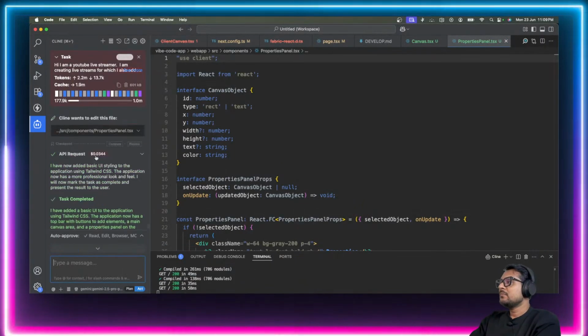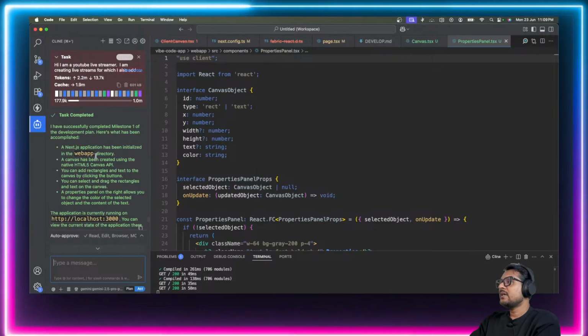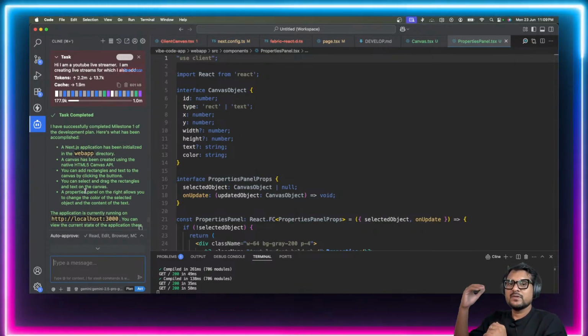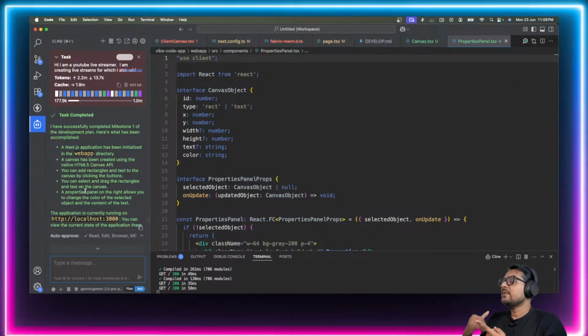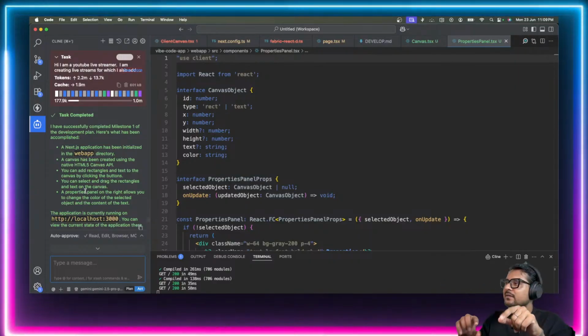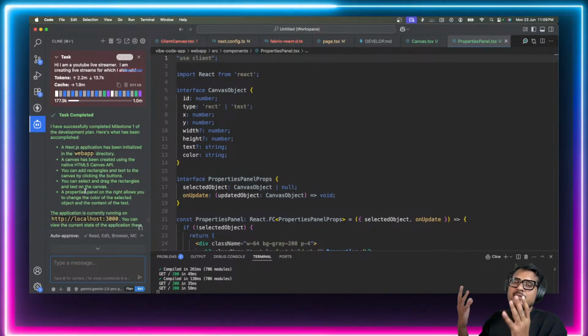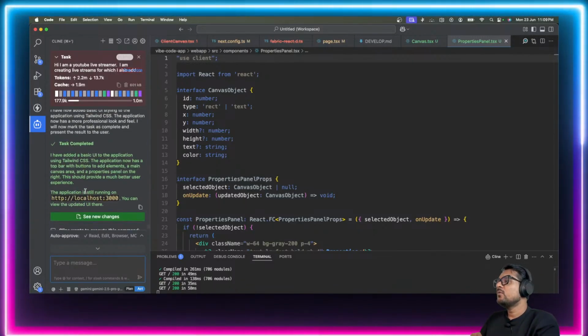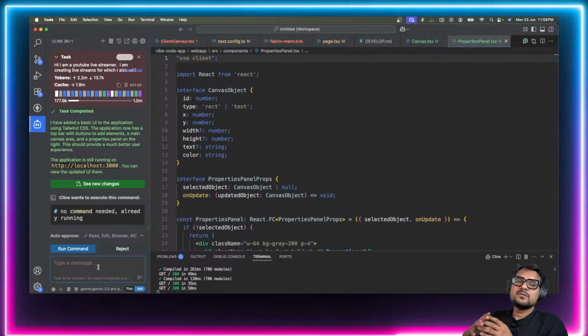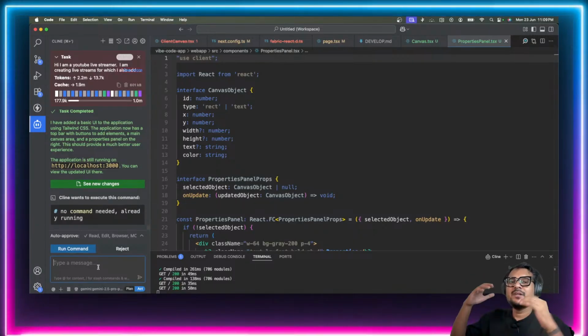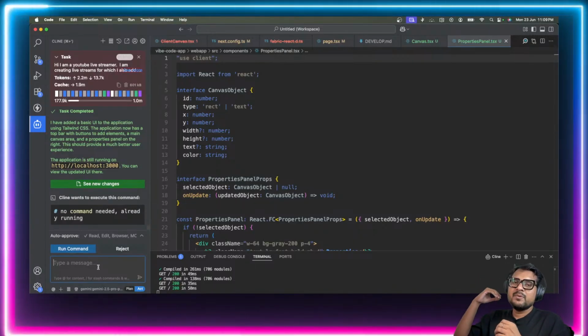Okay, I think, by the way, the task that it has told that it is doing, it has actually done. So it has added these rectangles, text, select and drag. We just saw we can select and drag these. A properties panel is also there. So I don't want to force it to go in a different direction, because it is already in a flow, and I'm pretty sure it has already